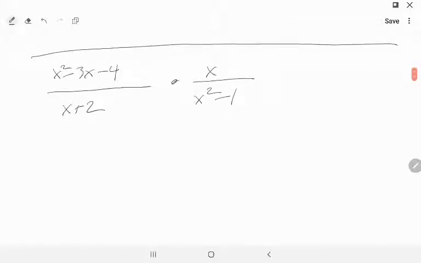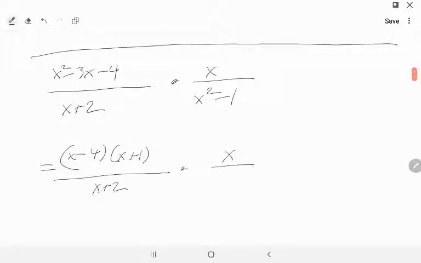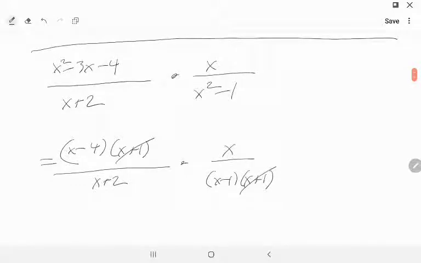So we notice that x squared minus 3x minus 4 is going to be x minus 4 times the quantity x plus 1, all divided by x plus 2, times x divided by x squared minus 1, whose factors are x minus 1, x plus 1, and so we see the x plus 1's go away. x plus 1 divided by x plus 1 is going to be 1, and so we notice that we're left with